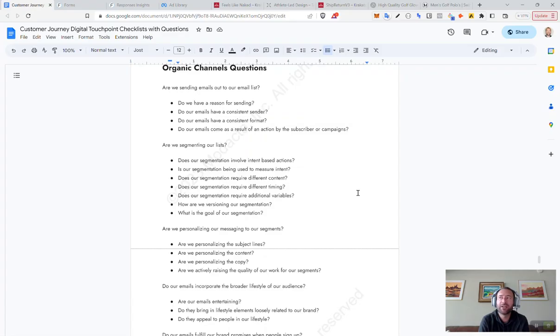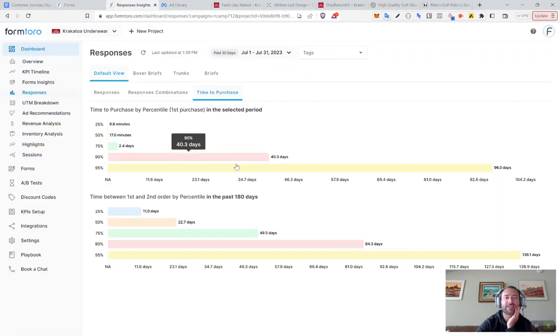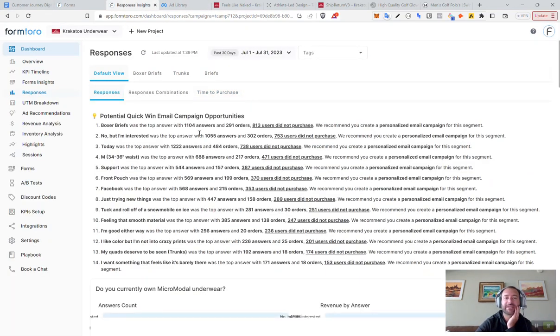There are quick wins that we have within the system that tell us what to do on the responses side just based on sheer raw numbers. And you can personalize an email campaign to these people and you will see results. We have tested this, but you have to do so within the first 7 days. And it can be an additional campaign to the one that you're sending out. It does not necessarily need to not come in because of the welcome series.